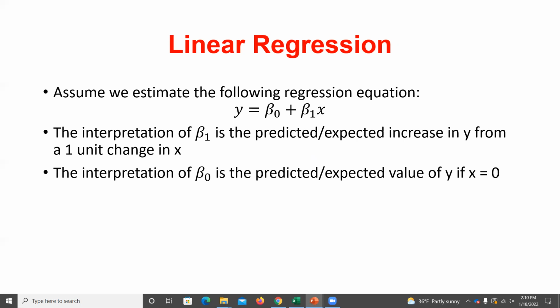And then beta 0 can always be interpreted as the expected or predicted value for our y variable if that x variable is equal to 0. Now, the interpretation on this intercept will sometimes make no sense. If we think about the relationship between weight and stolen bases, then a value for beta 0 would be the predicted number of stolen bases if somebody weighed 0 pounds. We're never going to see that in the data. But the reason why is because,